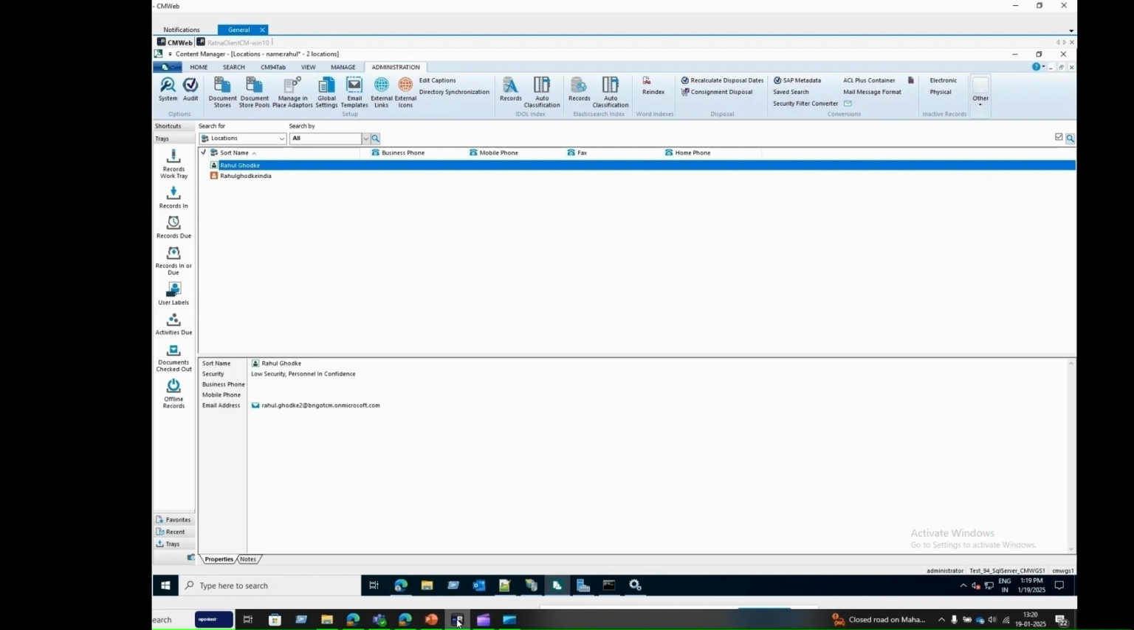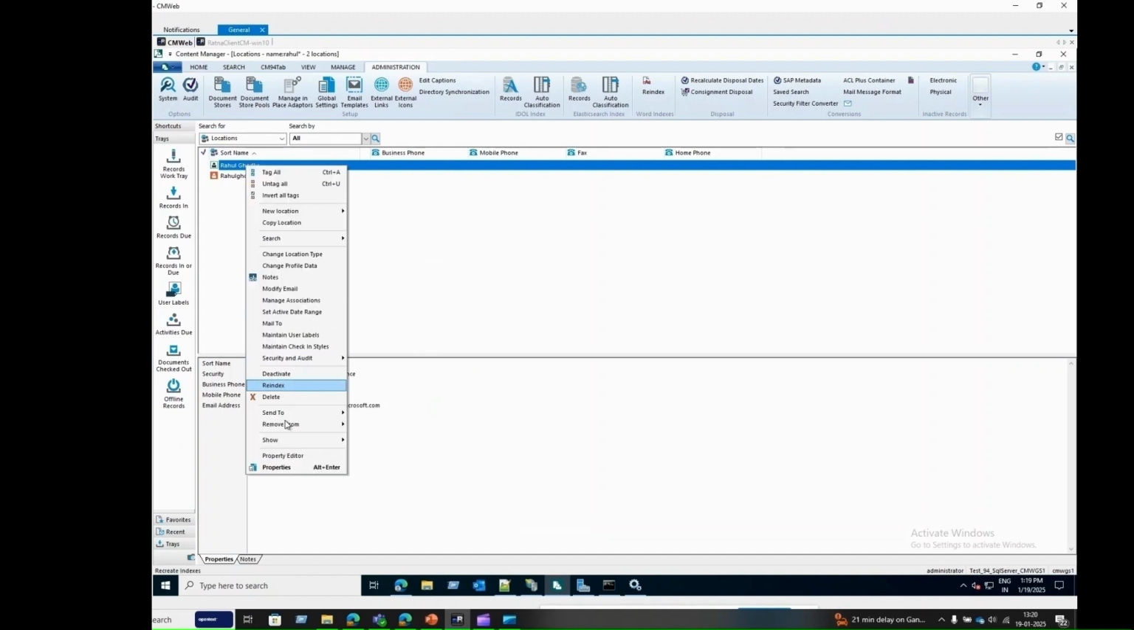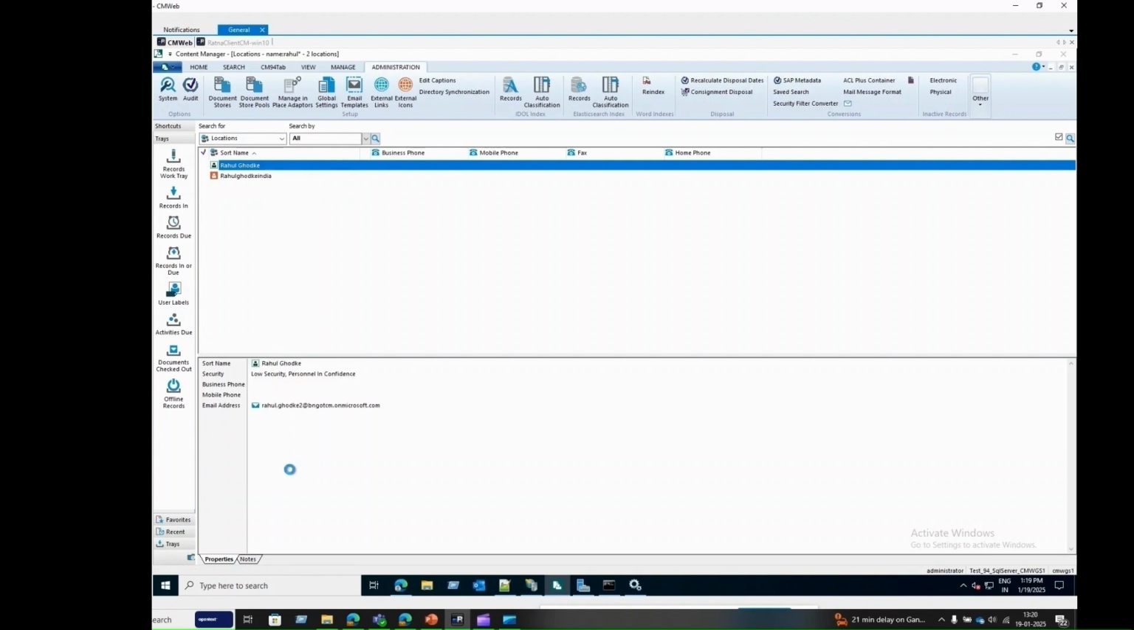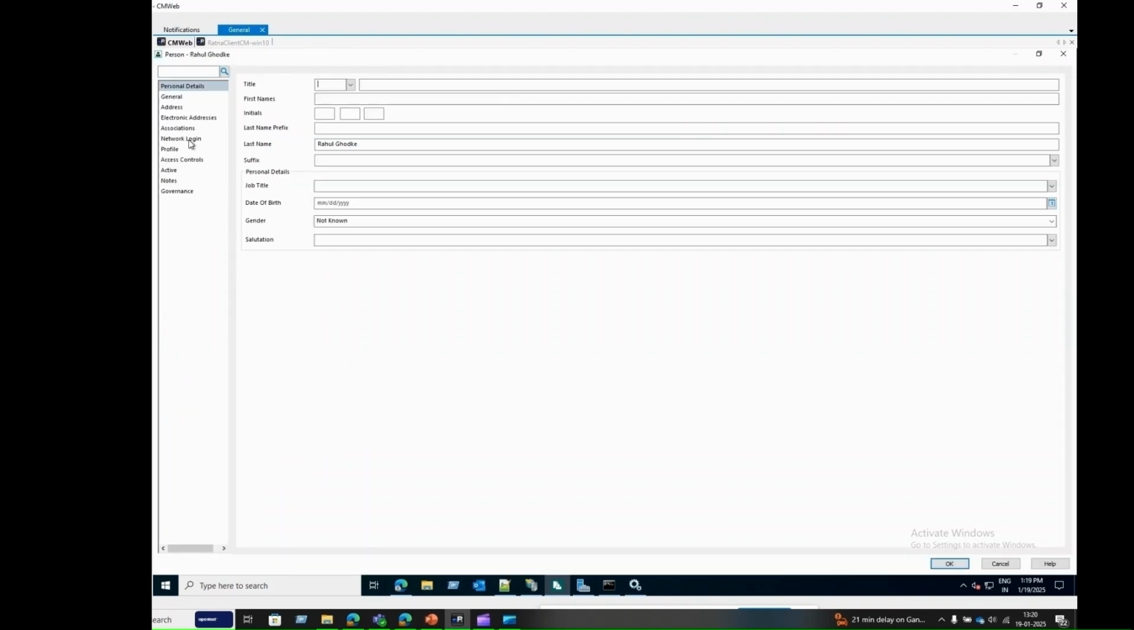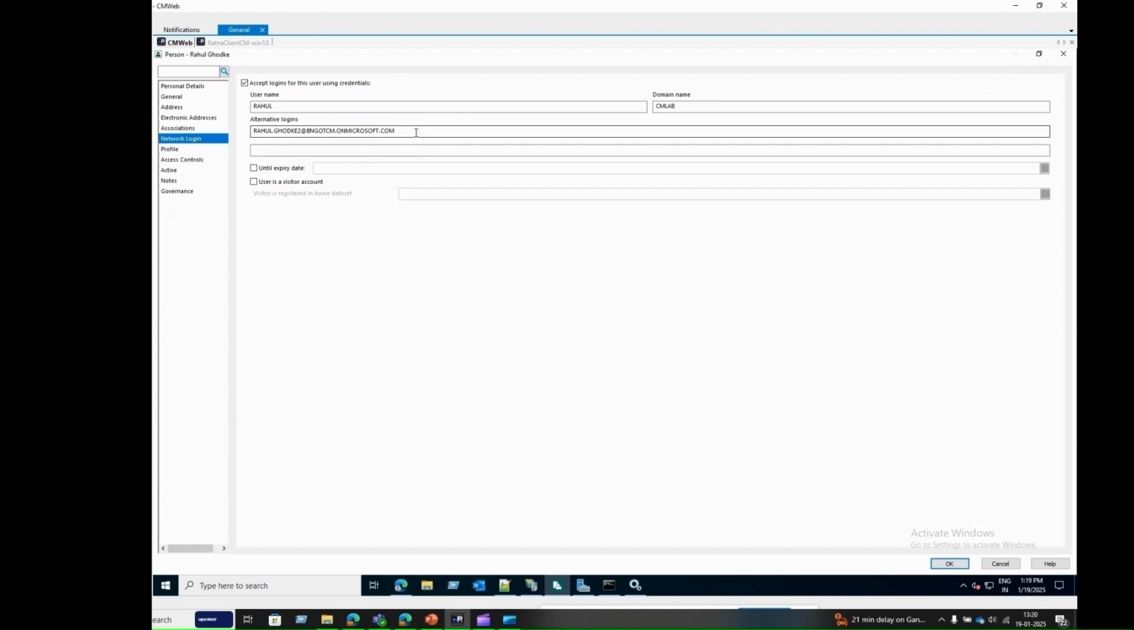So the way we do it is, let's say this is my user. I'll just right click on it, properties, go to the network login, and in here, in the alternative login fields, you need to provide the email address of the Azure user. Save it,